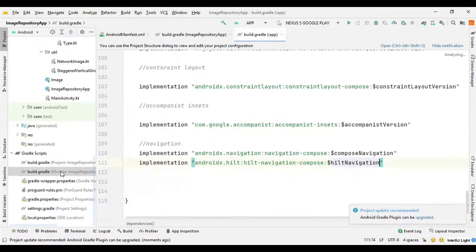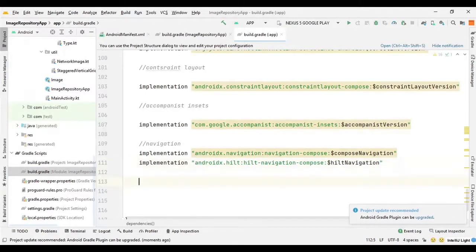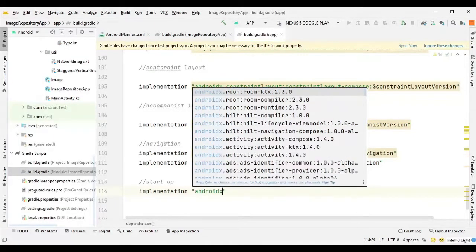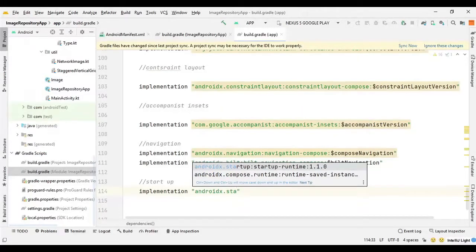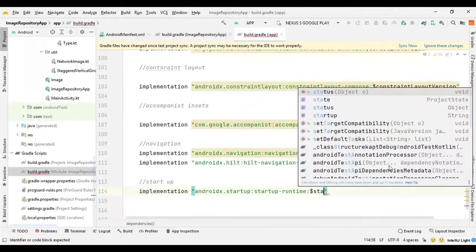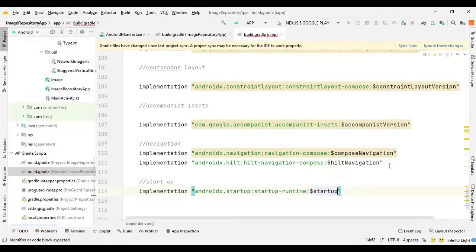Then in the app level build we can declare the dependency. So here we can say implementation androidx.startup, and we can choose the startup runtime, this one, and then we can provide the version number for it. So we can say startup, and then we can sync again.